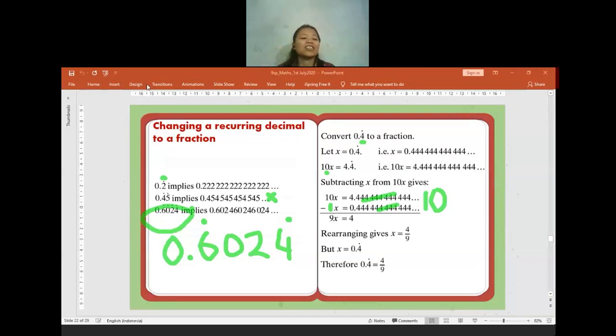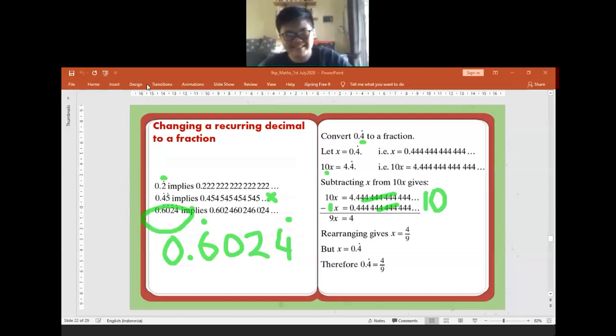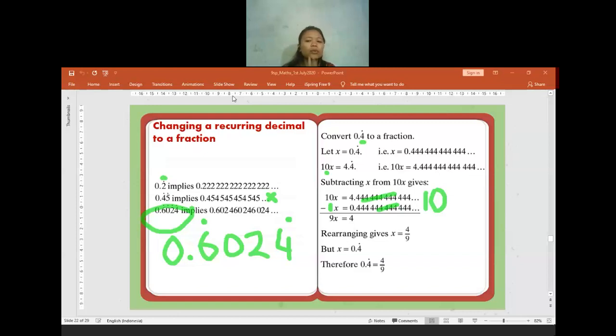Yeah, the fraction, you have to write it as the simplest fraction. Usually the question will ask to write the answer in the simplest form. It will be better if you show it in the simplest form when changing the decimal into a fraction. Is there anyone who has difficulty? Sorry, I haven't read the chat. Is there anyone who has difficulties or is confused?